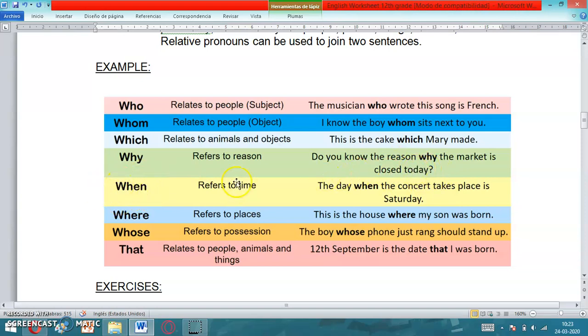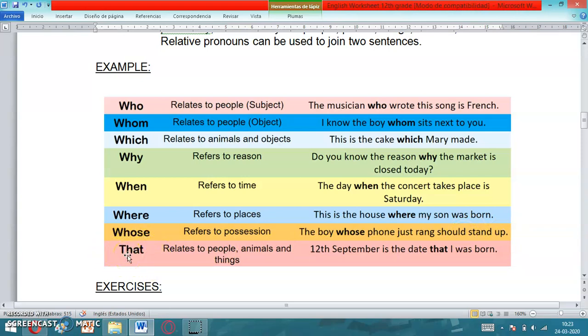When refers to time. The day when the concert takes place is Saturday. Where refers to places. This is the house where my son was born. Whose refers to possession. The boy whose phone rang should stand up. That